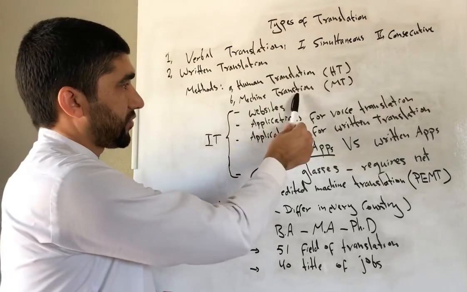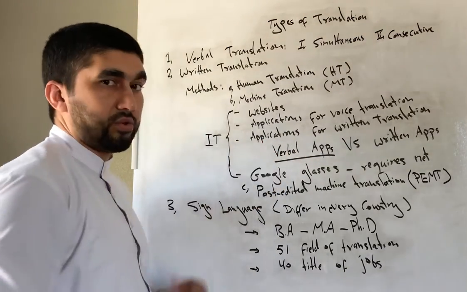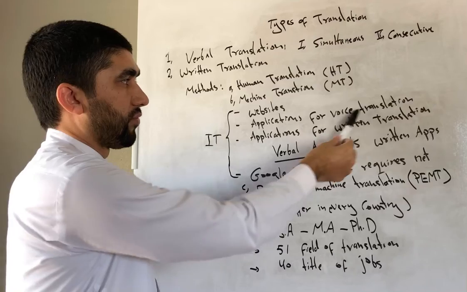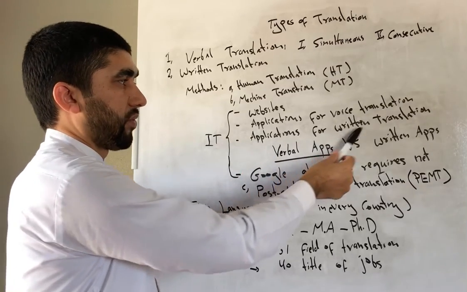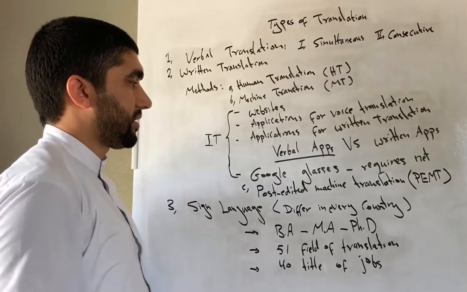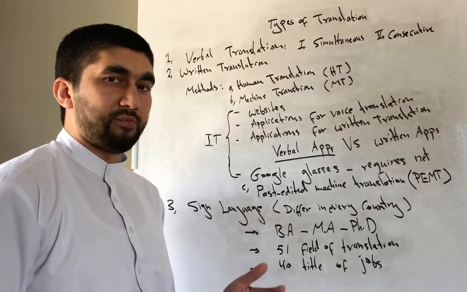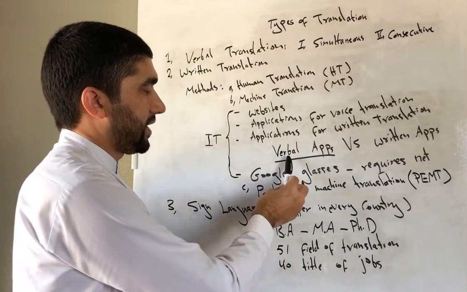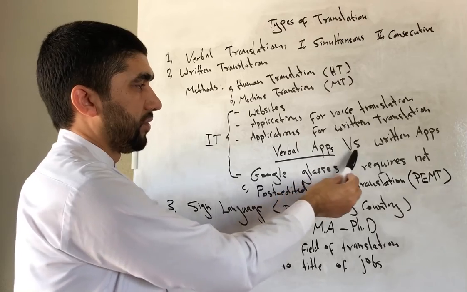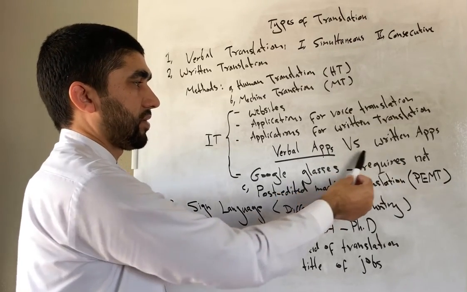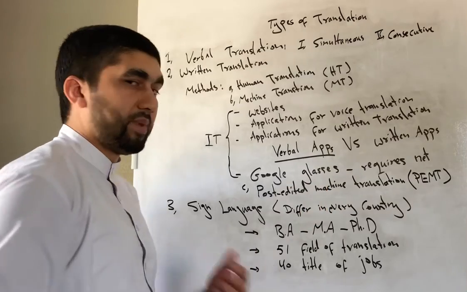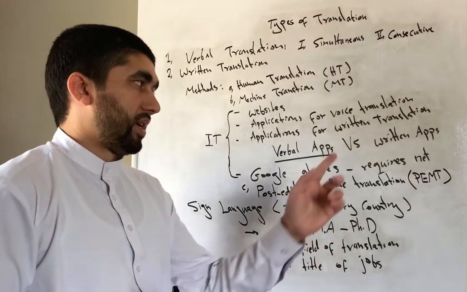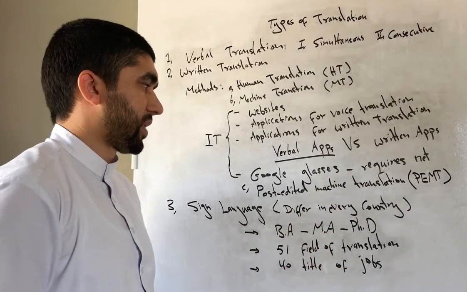Okay? So with the machine translation, we have websites like Google Translate, and you may find others. Then we have the apps or applications for voice translation. We have applications for written translation. And also, just to let you know, there are some researches. I have personally been through that, and I have also seen the researches done by BBC. They have done a research on whether verbal apps or written apps are better. The verbal apps were better, concerning the quality of the translation, verbal apps were better than written apps. But you can use both of them, whichever you need.